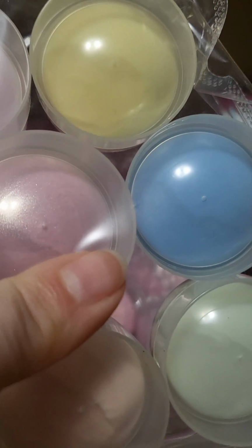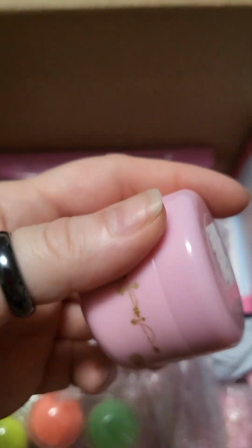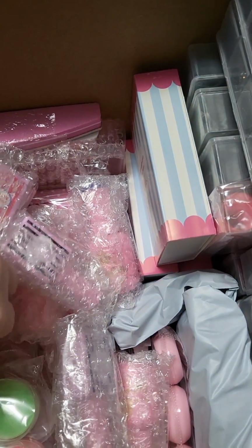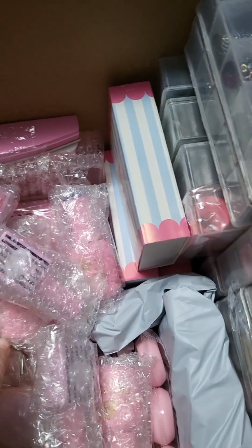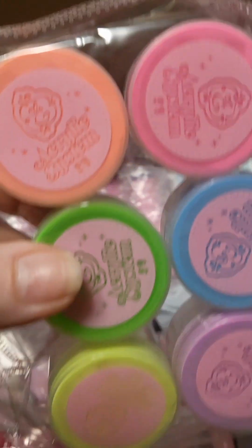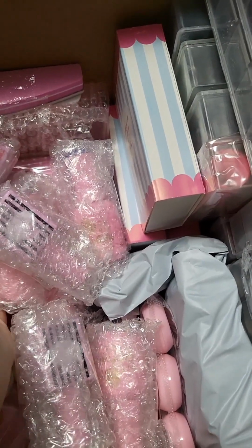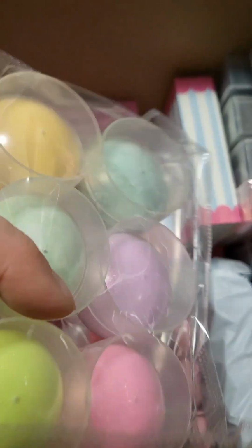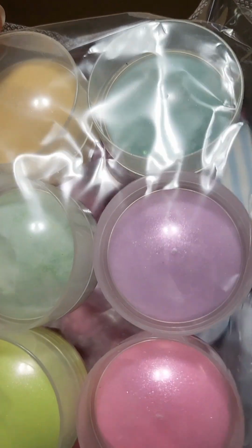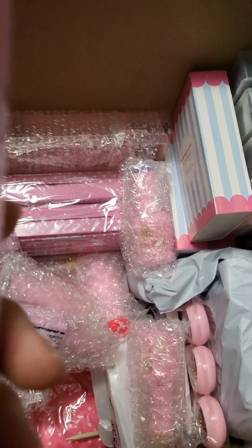Oh my gosh, I got some acrylics. Yay! And the Grand Champion. I did purchase acrylic as well. Oh, the neons. Oh my gosh. Those are pretty. Oh man. Oh my gosh. This just speaks to my soul. I'm not sure how I'm going to unwrap one-handedly, but if it happens. Oh my gosh, look at those. So pretty. The shimmer on those. Yeah, I will be doing a swatching eventually too. Oh, more files and a